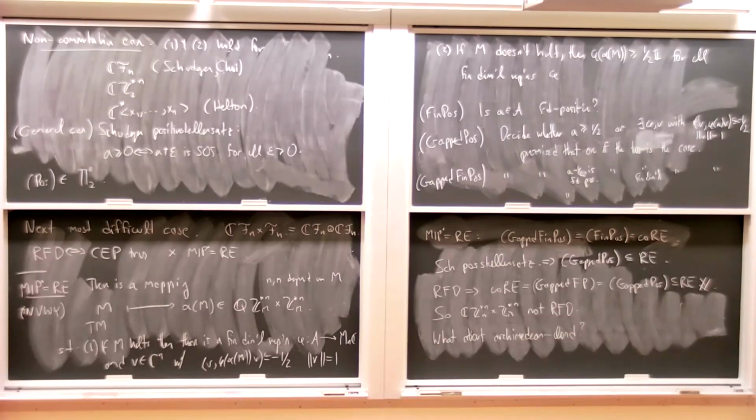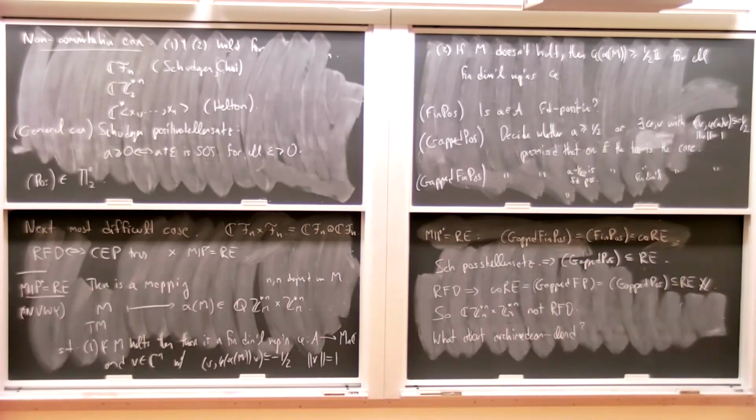So for large enough n, there's a mapping from Turing machines M to alpha of M in this algebra here, such that M does not halt. So this isn't about the gaps problem, so we don't have to write out two cases. We can just say M does not halt if and only if alpha M is positive.